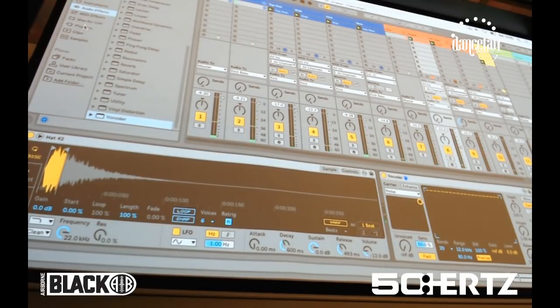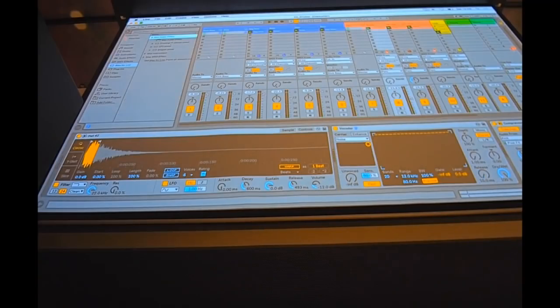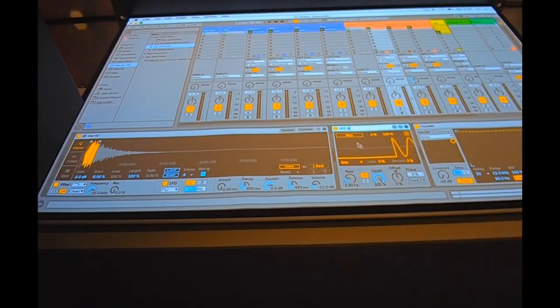And then what we can even do is load in an LFO. This is, by the way, it looks new because it's from the new Ableton version. And we can map that to this release. So now you can create grooves with this LFO.